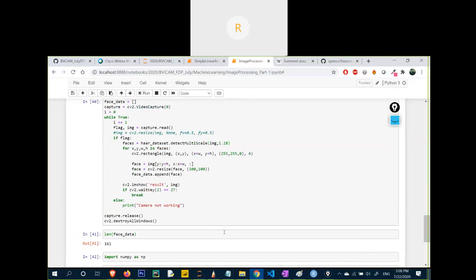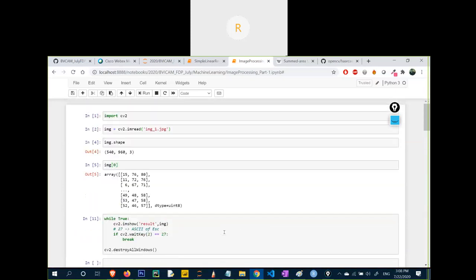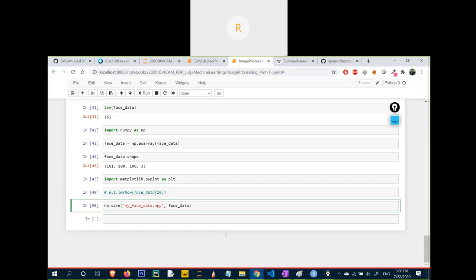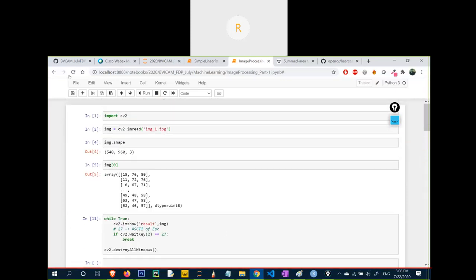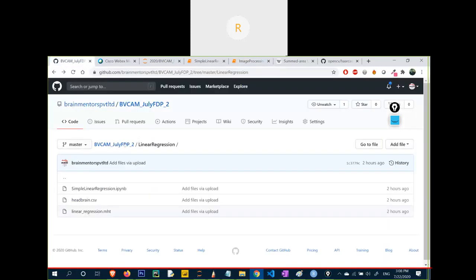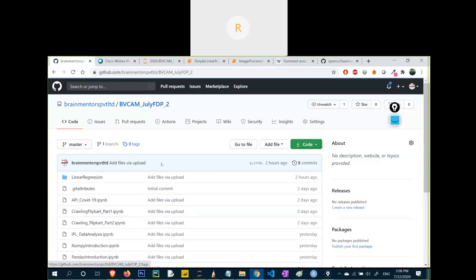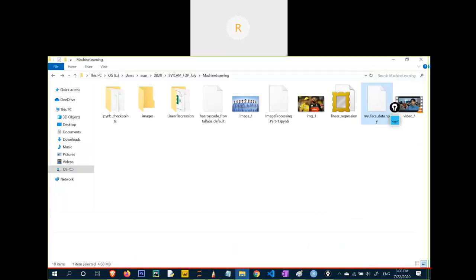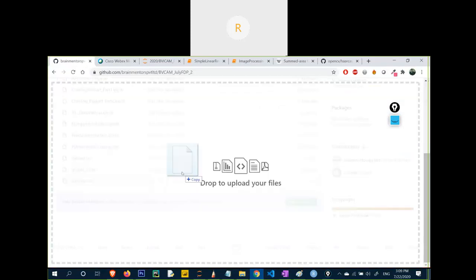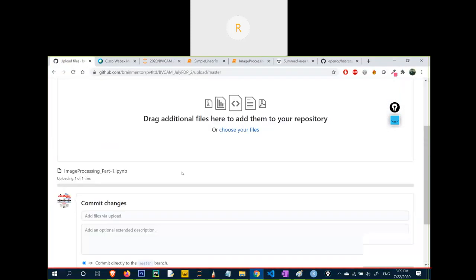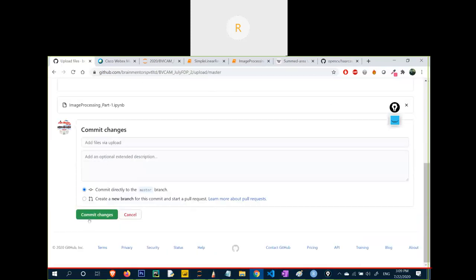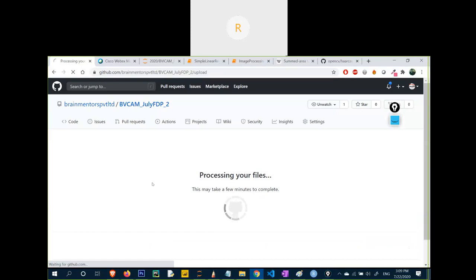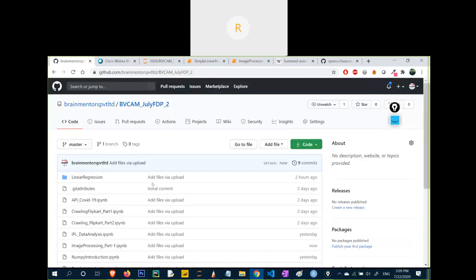I know there is a lot of code right now in front of you to get through with this. So right now what I'm doing is I'm sharing this file with all of you on GitHub. I have shared the file image processing part one, and I'm giving you 5 minutes of break to go through this file.